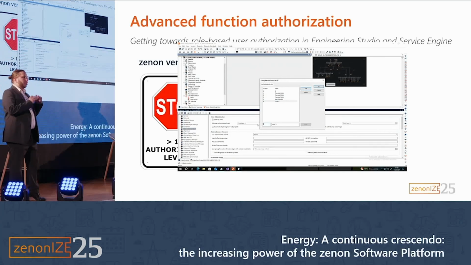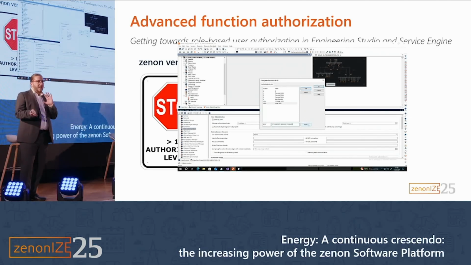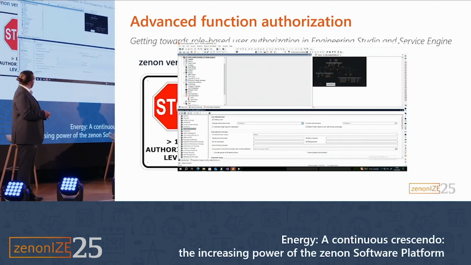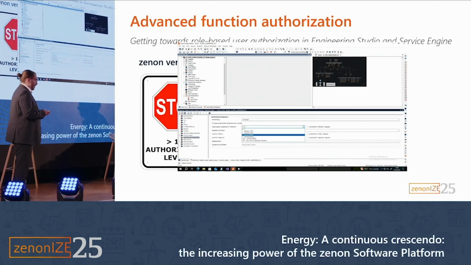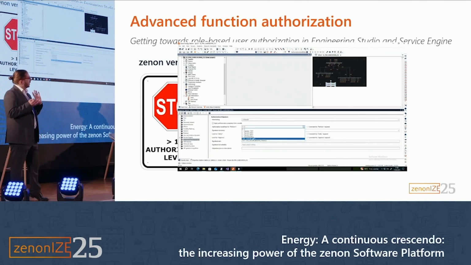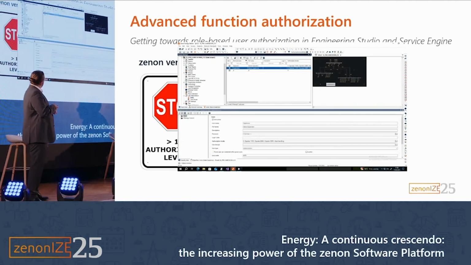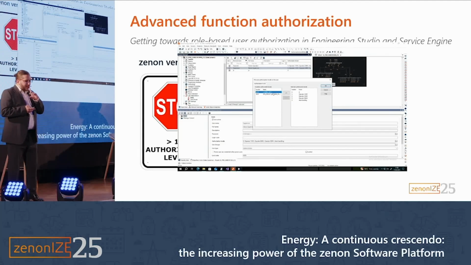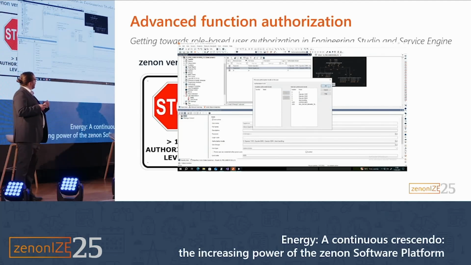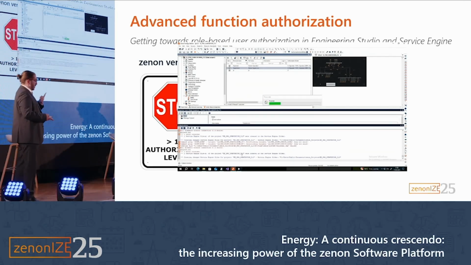What does this mean for you and your customers and their projects? For existing projects, really nothing changed that much, but you can see in here it's possible to dynamically create, alter, and delete the authorization levels that you have within your project directly, so that you just have the things in hand that you really need. What else can be said to this? Well, it's still working on Linux as well. It's still working on the WVS and the native service engine.